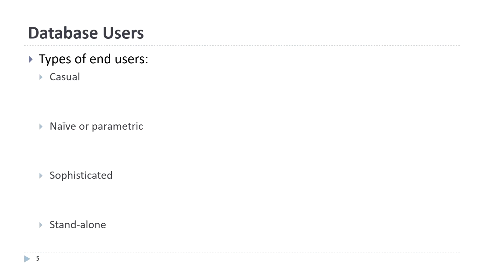Okay. So, then we get into what we call database users. For us there are so many types of database users, but at this point we will discuss only four types of database users or end users. Number 1 is the casual user. How do we define a casual user? Occasional access,